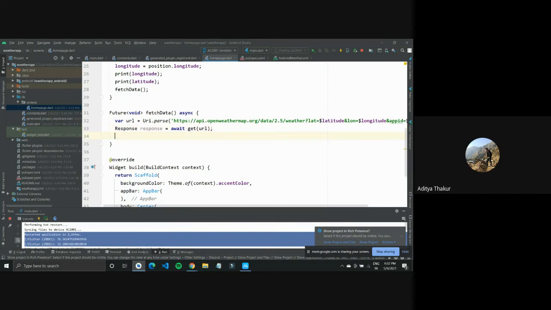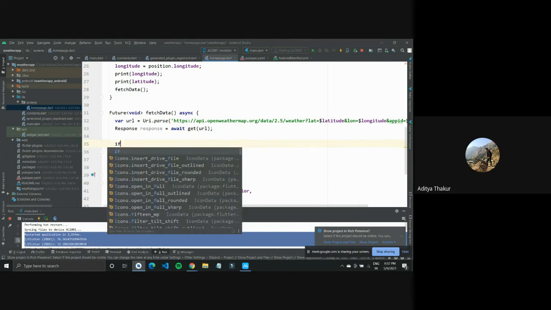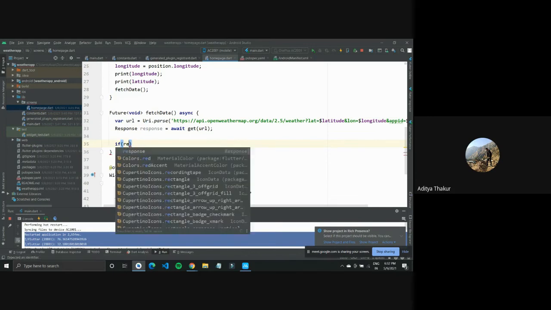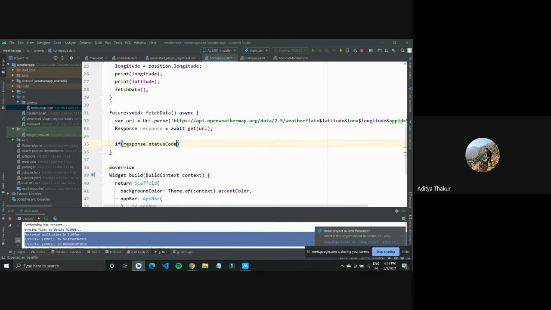Now what we'll do is, after we have sent the request, we need to see if we are even getting the response, or if the response is successful. So that is something I'll do. I'll use if else statements, and I'll tap into this response dot status code. So status code is something that tells us if our request was successful.